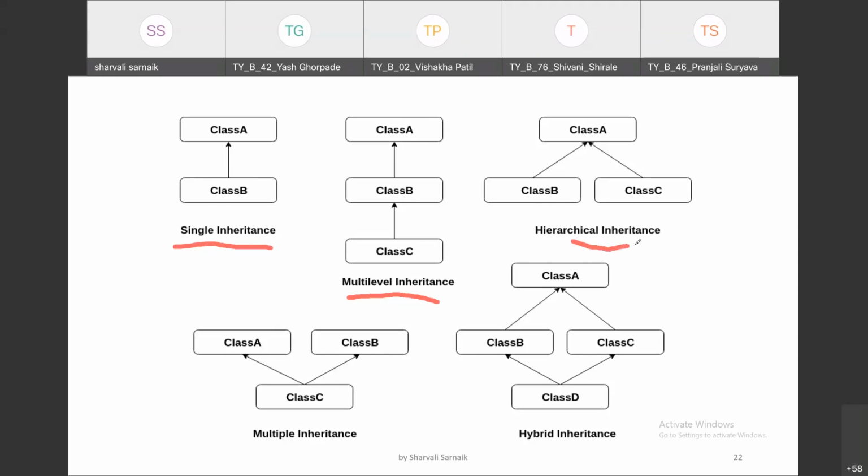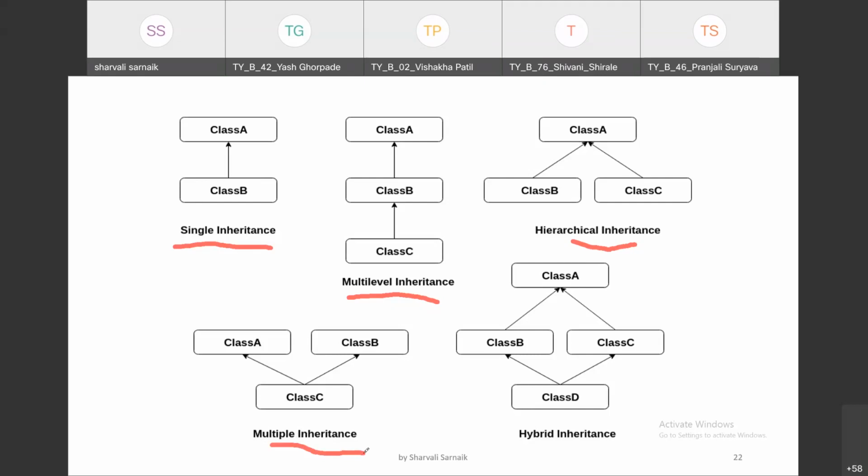In hierarchical inheritance, there will be one base class and multiple derived classes. There will be no connection between the derived classes, but the derived classes will access the same base class. So this concept is hierarchical inheritance. And then we have multiple inheritance, where there will be two base classes and one derived class.